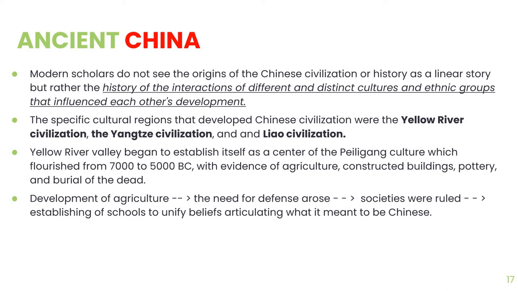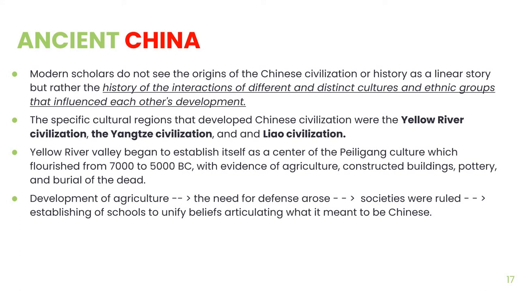Ibig sabihin daw, hindi siya katulad noong sa Mesopotamia na nauna ang Sumerians, sinundan ng Acadians, sinundan ng Assyrians and Babylonians. Sa ancient China, it's a collection of isolated cultural communities. Okay, yung collection siya, and then it became a set of organized states, which eventually they grew together around the idea of a single unified state, and then nag-expand sila to include contact with other civilizations.